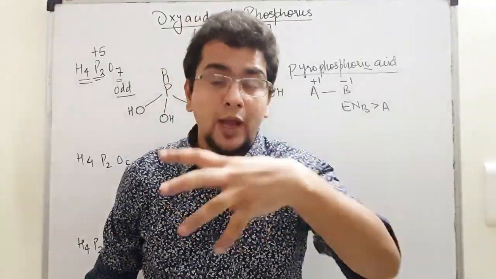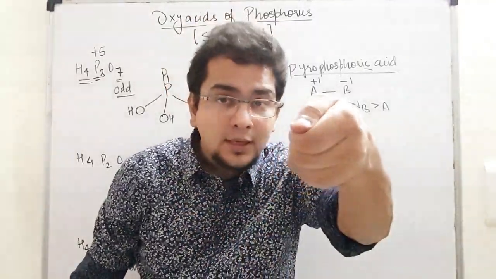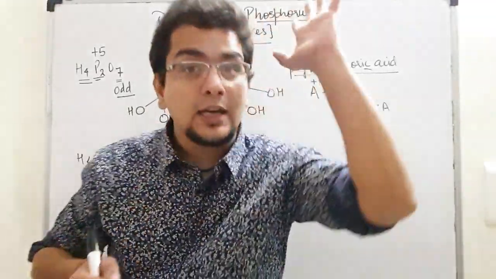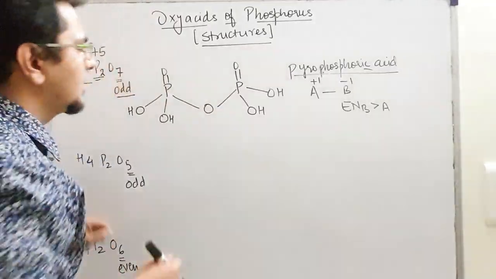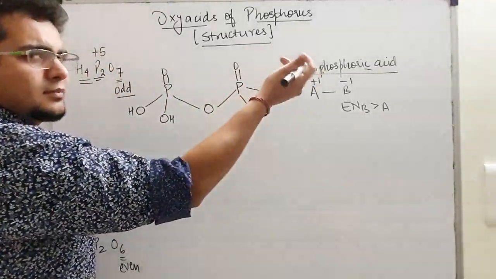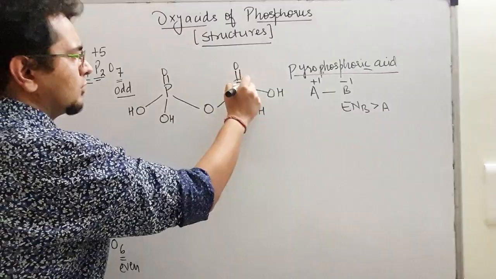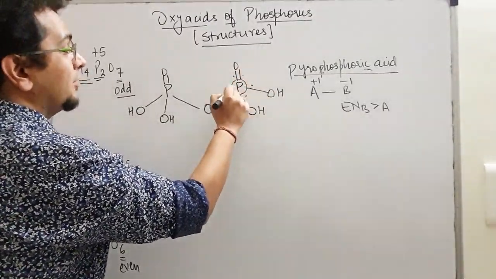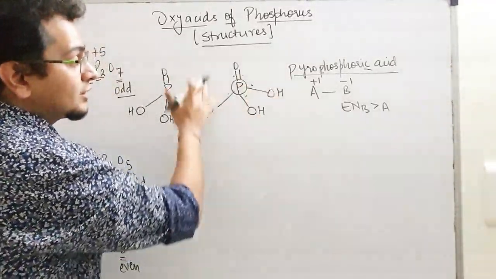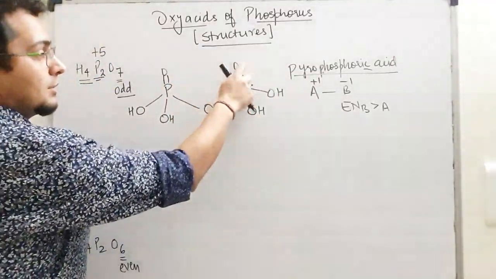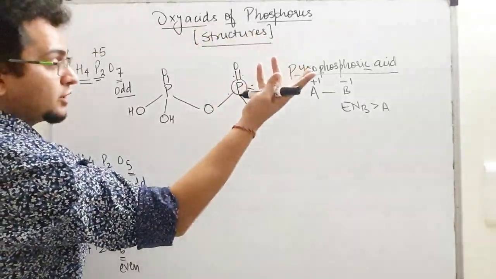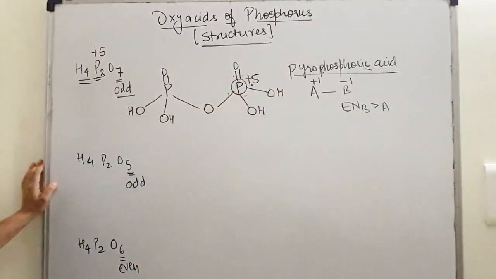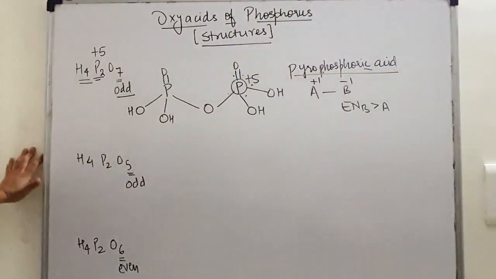But right now, if you and I are making a triple bond, so I'm making 3 bonds with you and I'm more electronegative, I will get -3 and you will get +3. So oxygen is more electronegative. Then the phosphorus atom is making 1, 2, 3, 4, 5 bonds with oxygens only. You can check. Including the double bond, 5 bonds are there with the oxygen. All the 5 electrons he will lose, so +5 will come. That way you can do it, but right now that is not our concern.